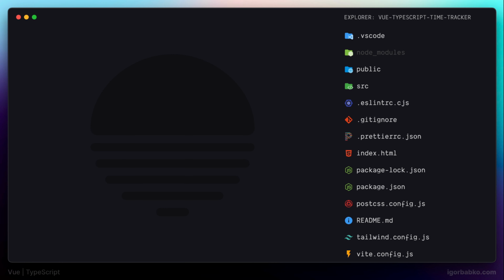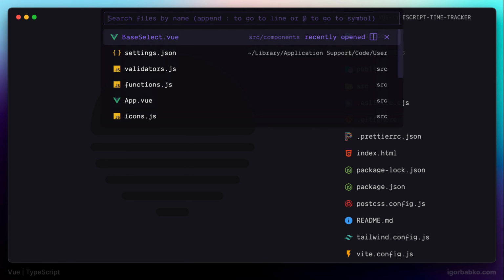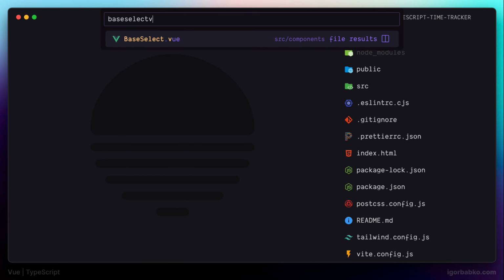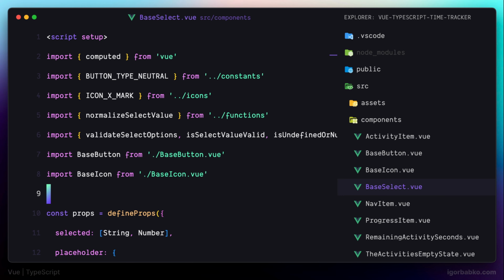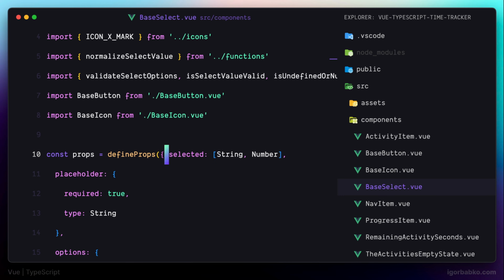In this lesson we'll take time to apply some configurations as well as define a couple of keyboard shortcuts that are going to speed up our development. So first of all, I'm going to define a keyboard shortcut to apply formatting to files. Let's try to break formatting in this view component and then execute the command in the command palette called format